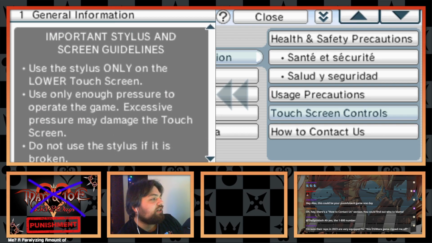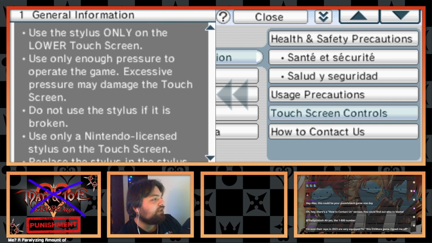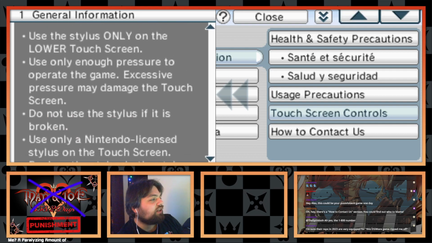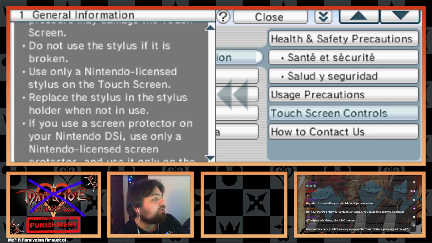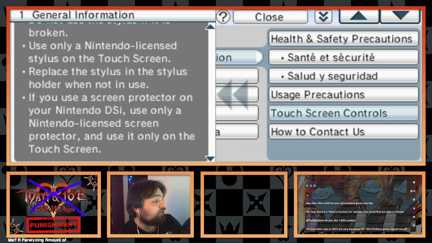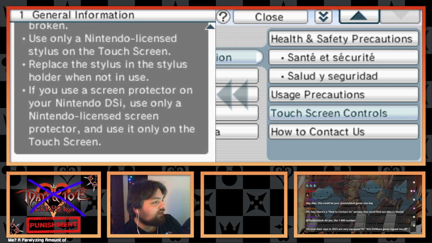Important stylus and screen guidelines. Use the stylus only on the lower touchscreen. Use only enough pressure to operate the game. Excessive pressure may damage the touchscreen. Do not use the stylus if it is broken. Use only a Nintendo licensed stylus on the touchscreen. Replace the stylus in the stylus holder when not in use. If you use a screen protector on your Nintendo DSi, use only a Nintendo licensed screen protector and use it